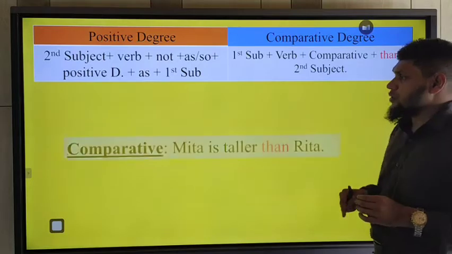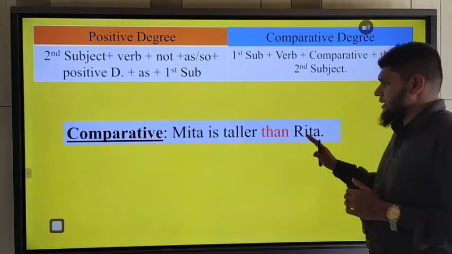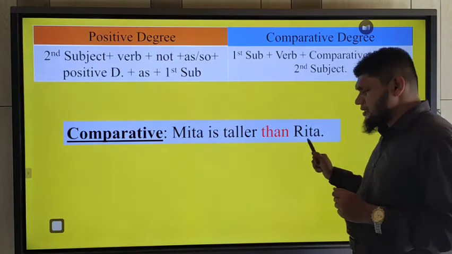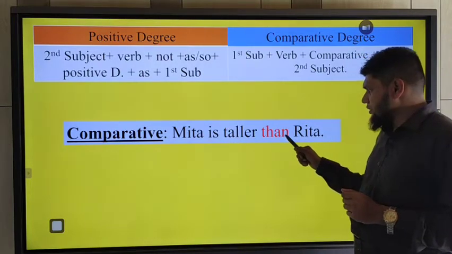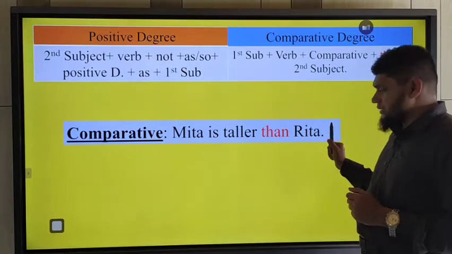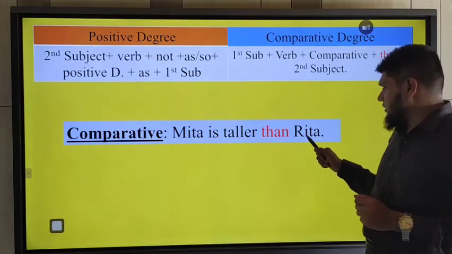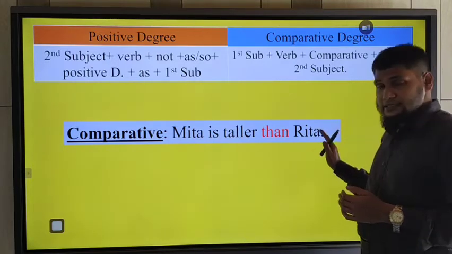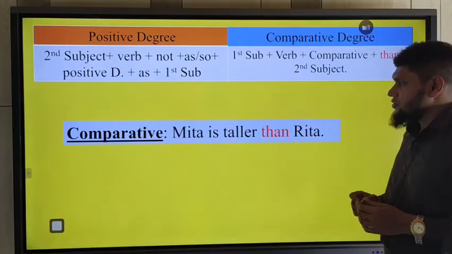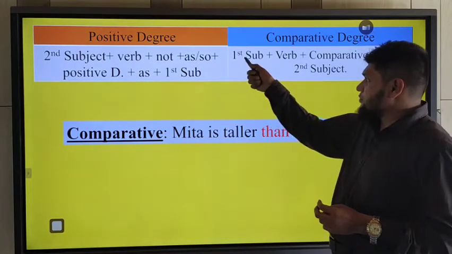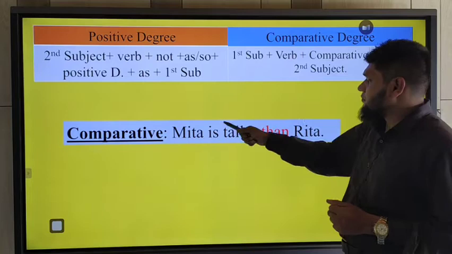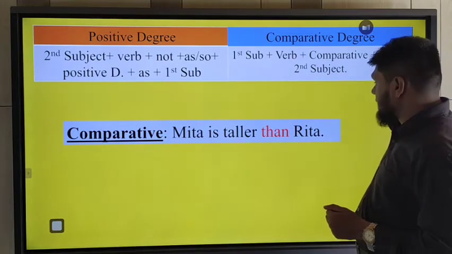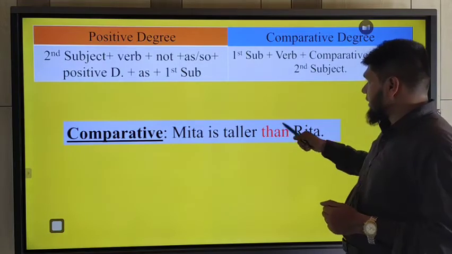like the example, Mita is taller than Rita. Mita is taller than Rita. There are two subjects, Mita and Rita. After "than", you know that this is a subject because the verb is silent here. After Rita, there is a verb "is", and it is silent there. Okay. So here is used first subject Mita, verb "is", and comparative form "taller", the conjunction "than", and the second